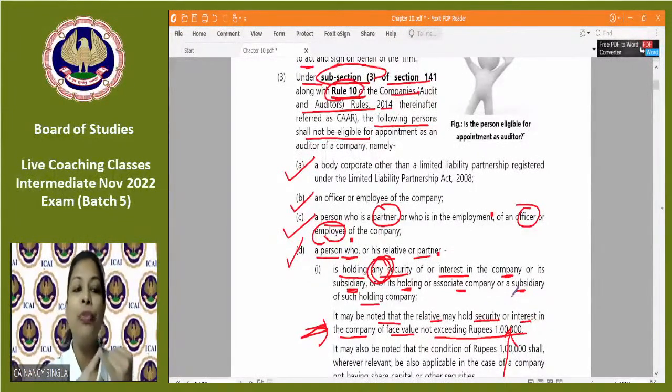क्या क्या करते हैं? एनी सिक्योरिटी होल्ड करते हैं. ठीक है? लेकिन रिलेटिव 1 लाख फेस वैल्यू तक कर सकता है, मार्केट वैल्यू नहीं है, फेस वैल्यू है. और अगर एक्सीड करता है तो 60 डेज का ग्रेस पीरियड दिया है करेक्टिव एक्शन लेने के लिए फ्रॉम द डेट ऑफ एक्विजिशन. ये सब कुछ किस पे एप्लीकेबल नहीं है? रिलेटिव या ऑडिटर, द सीए हिमसेल्फ. तो उनके केस में तो इवन अ सिक्योरिटी ऑफ वेरी लेस अमाउंट, 100 रुपए का, 1 रुपए का, 10 रुपए का, विल लीड टू इनएलिजिबिलिटी.